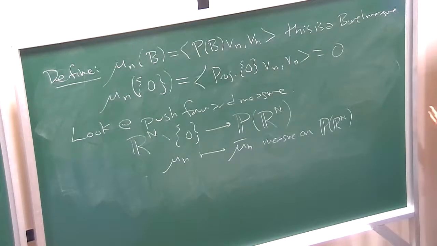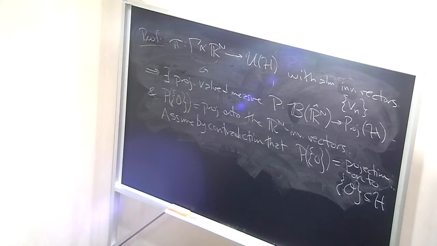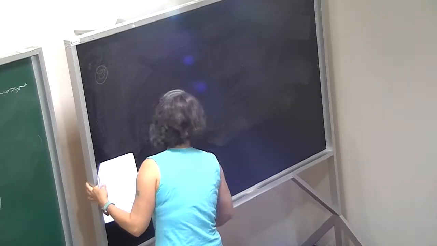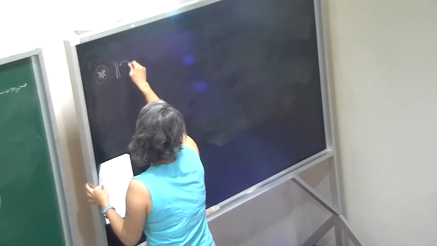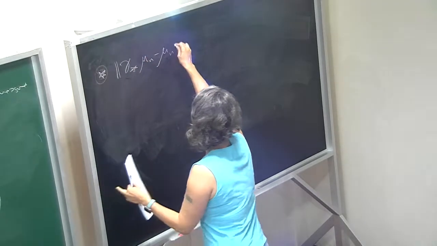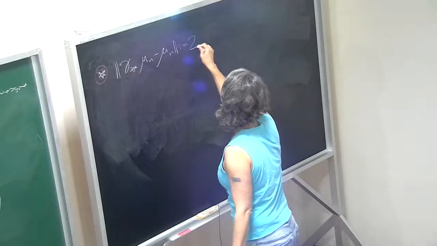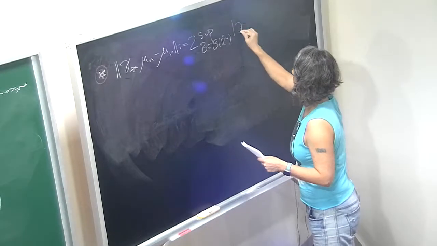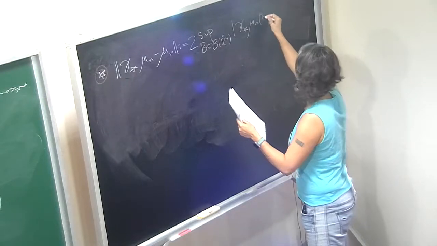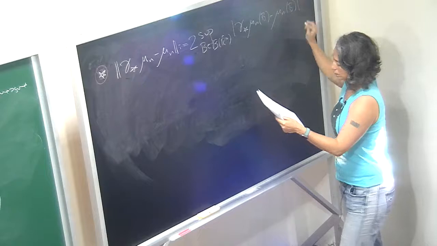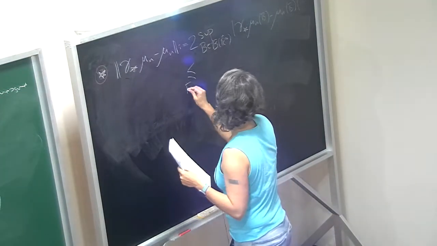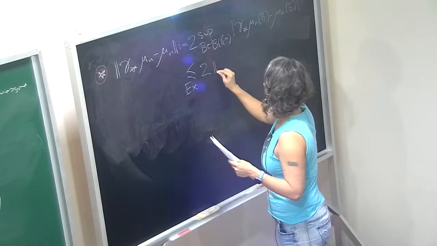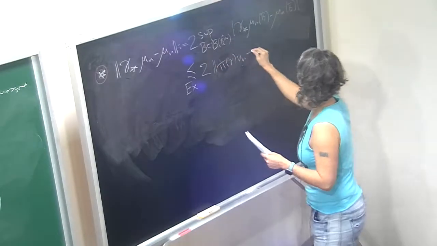Combining this and the fact that I'm looking at the push forward measure, I'm going to get that gamma star mu n minus mu n is equal to twice the sup over the Borel sets of gamma star mu n of b minus mu n of b, which I leave you as an exercise to show is less than or equal to twice pi of gamma Vn minus Vn